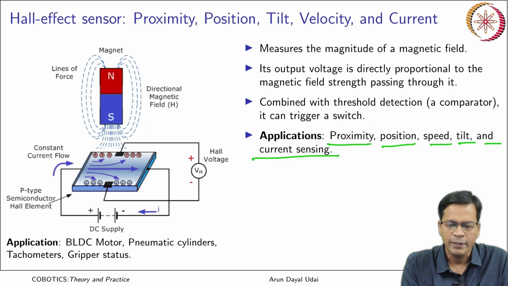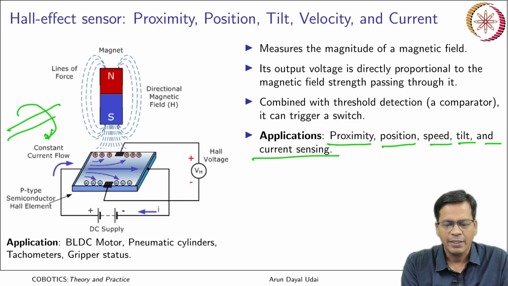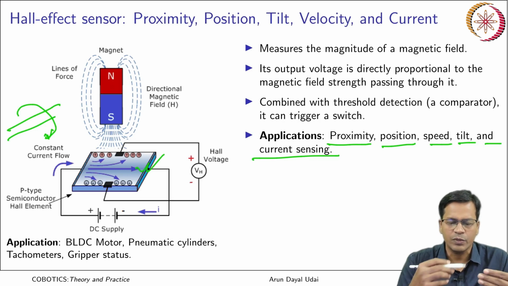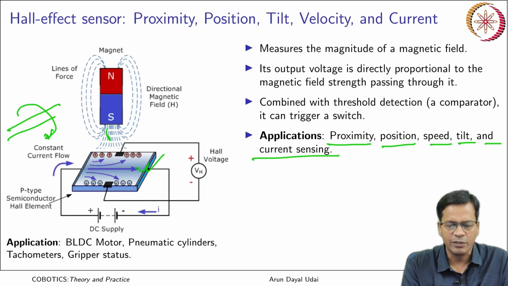So, you know already that these magnetic fields can also be because of a current carrying conductor nearby. So, magnetic fields can energize this also. So, if there is a conductor with a current that is nearby to this, then the higher the current, the higher the magnetic field and the higher the Hall voltage that you can read. Okay. So, this voltage now will make you estimate the current flowing through any such conductor.